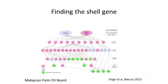They'd been maintaining pedigrees from their breeding schemes for decades, going back to the 1950s, where some of the earliest palms, and amazingly enough, of course, these are quite long-lived trees, so many of these trees are still around. You could still get DNA from them, for example. And they developed these pedigrees where they crossed together palms of differing allele at the shell gene, so they're either Tenera or Passifera. And then we could select some of the more recent versions of this from this pedigree, in which the genes had all been shuffled up enormously as much as you could, and try to find the shell